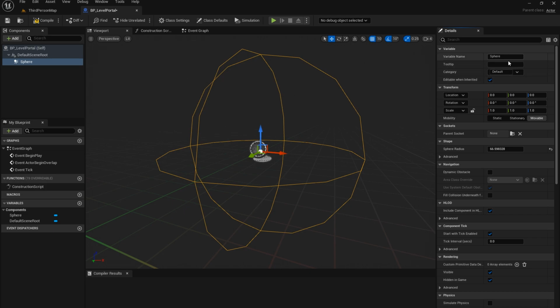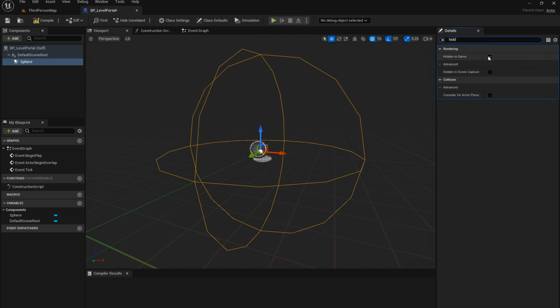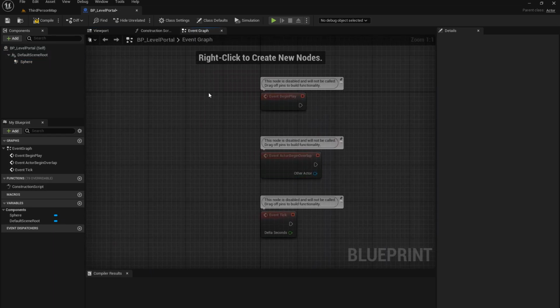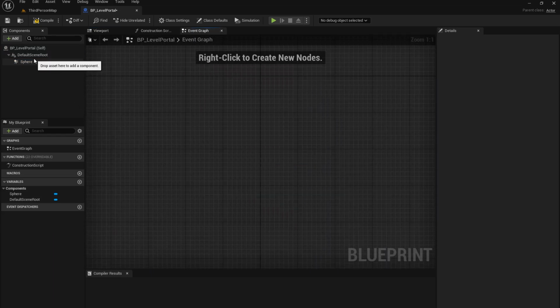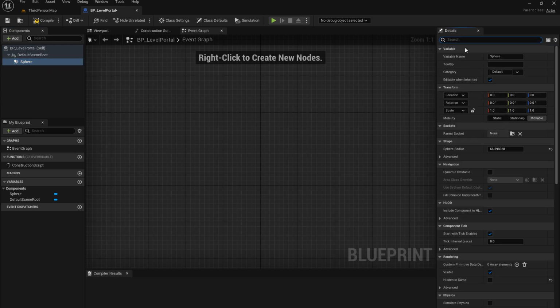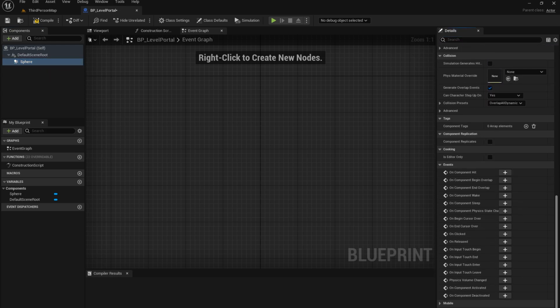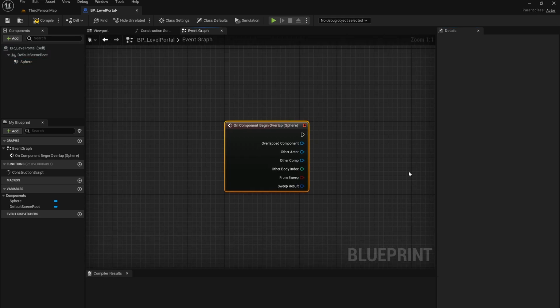You can make this a door, you can make it, like I said, a portal or an opening, or it can just be invisible and then you can add it on top of a cave entrance or the entrance to a forest. Once we have our collision sphere, we're gonna go into the event graph and we're gonna add